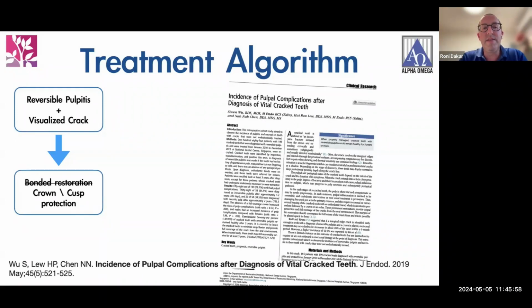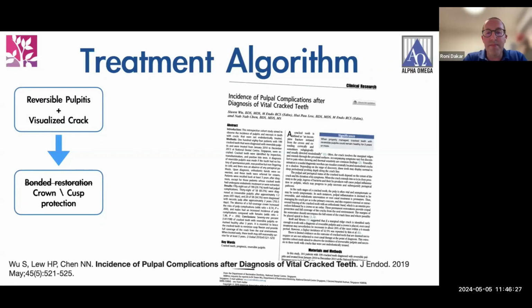Today, it is known that this is really not enough and there is a need for partial or even full coverage of the cusps. In other words, if a composite restoration is used, then a kind of mini onlay, but the best alternative would be a crown, which will embrace the crown and the crack together beyond the limits of the crack, preferably